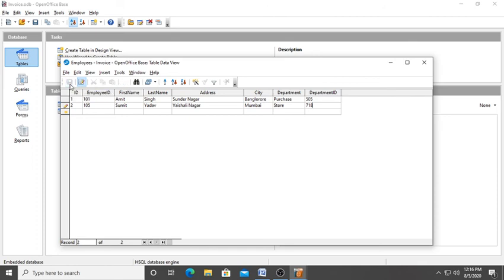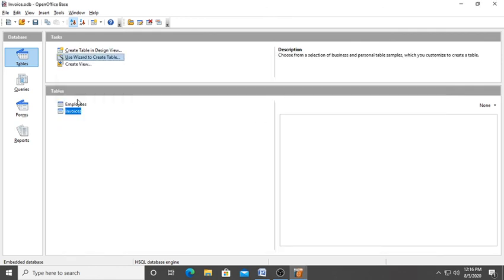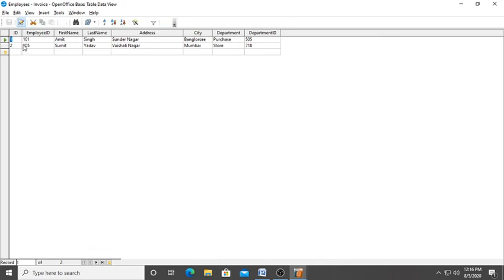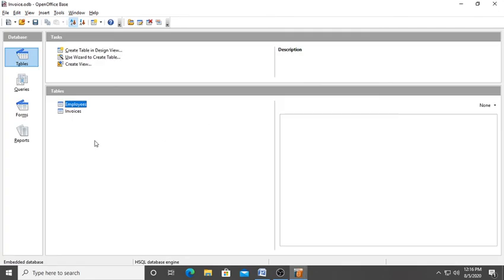Now we can click on the save button to save the records. Now you can click on close. Then you can see that in this database which already existed, there are now two tables. One is employees. We have made this table using the table wizard. When you click on employees, it will give you the same records which we have entered just now. If we want to add any other record, we can add again like this. So this is the way to open an existing database and create tables using the wizard.